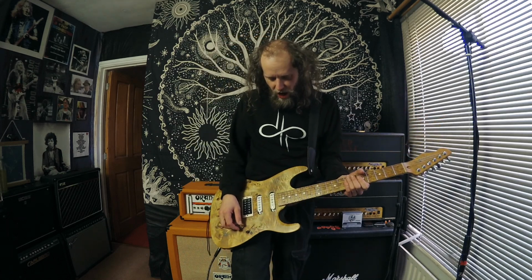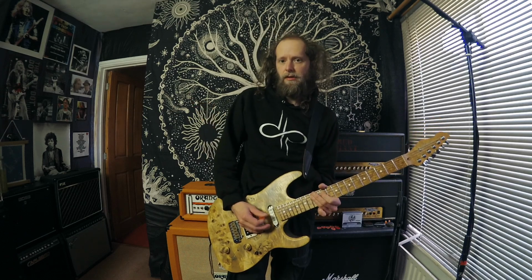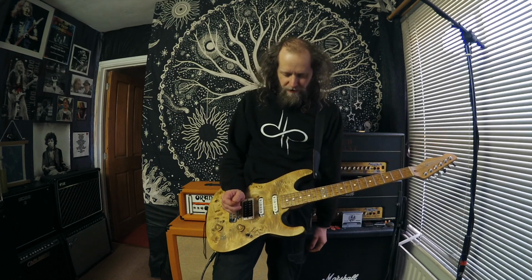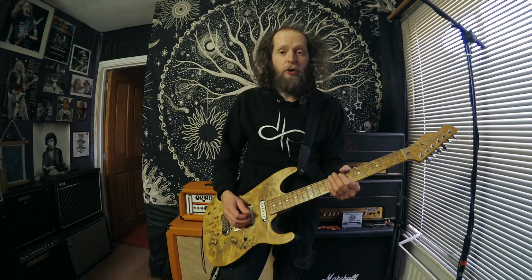Another thing I do use is a harmony effect inside the Zoom G2. It's not actually set for this tuning, but it's in E flat minor. And it's just set to thirds, to harmonise in thirds. I actually didn't use the effect on the album. I just harmonised the guitars, like double tracked them. But live, that's what I'll be using for a certain song. Again, that's a song specific effect. Same as the bass wah is song specific, which I'll definitely forget. And then I'll do the guitar solo live, and I'm like, oh, I didn't turn the wah pedal to the bass thing. Anyway. Another effect I have is another effect from the Zoom, which is